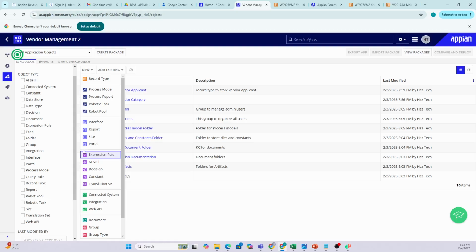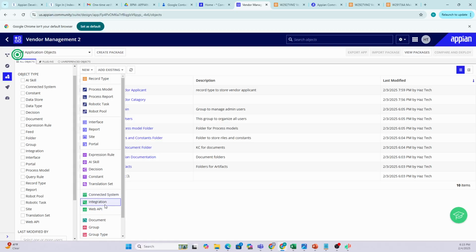So we're creating a rule to make an output. Expression rule, AI skills, decision, constant, and translation sets are categorized as rule objects. And the integration object in Appian will help us to connect